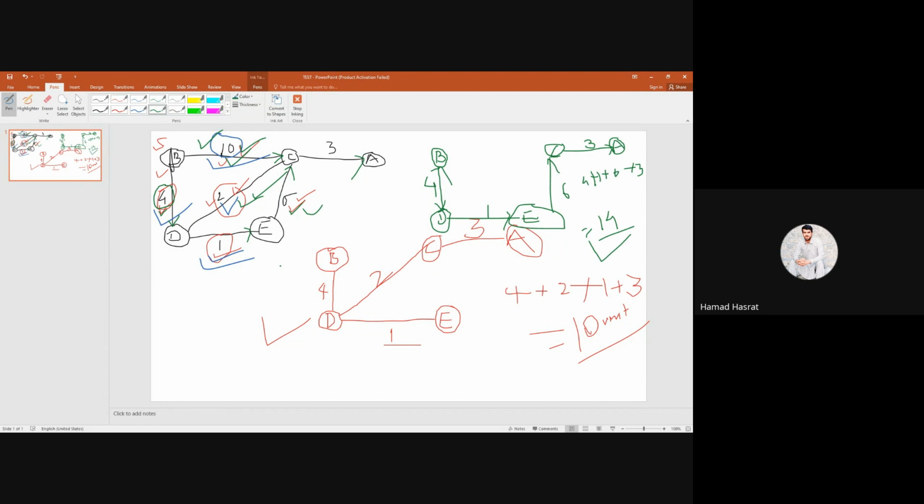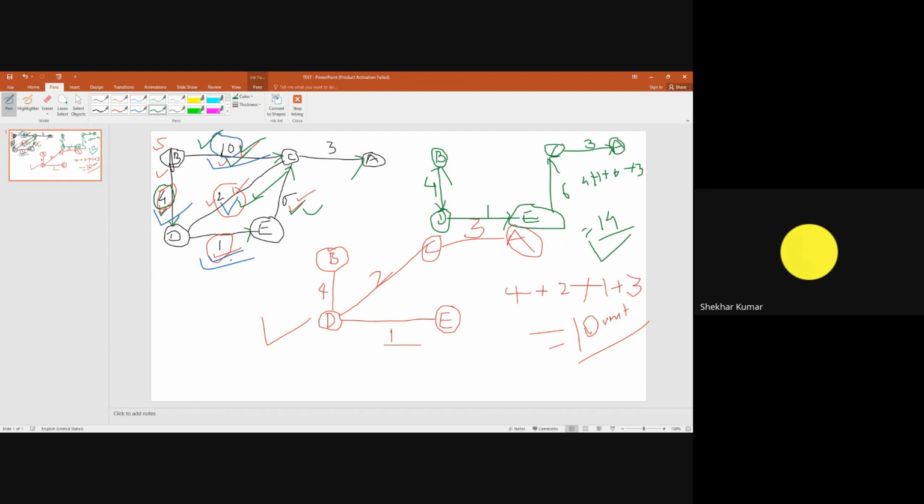Yes, sir, it is clear. Okay, then we will discuss the time complexity of Prim's algorithm. The running time of Prim's algorithm depends upon the data structure for the graph and the ordering of the edges. If I use linear searching in the data structure for finding the next minimum edge, the next minimum value,